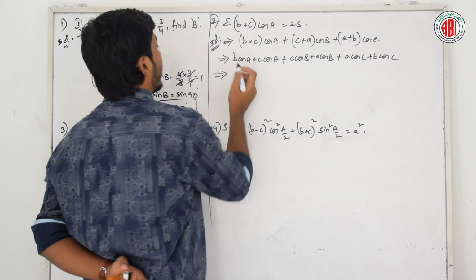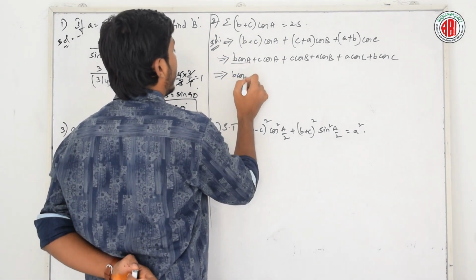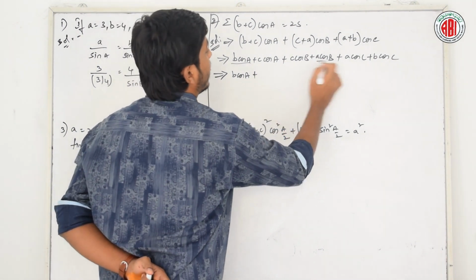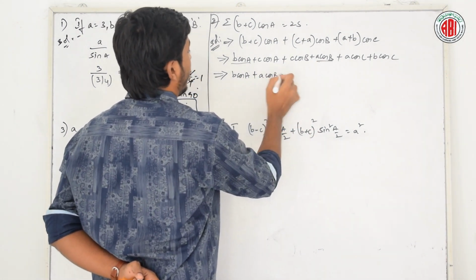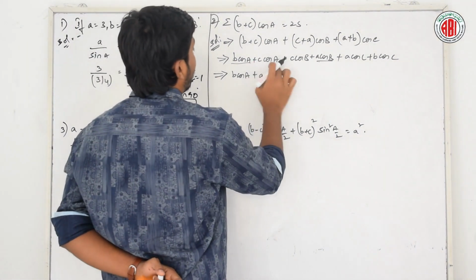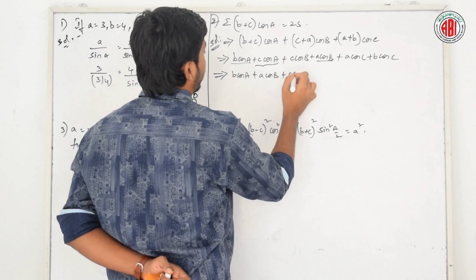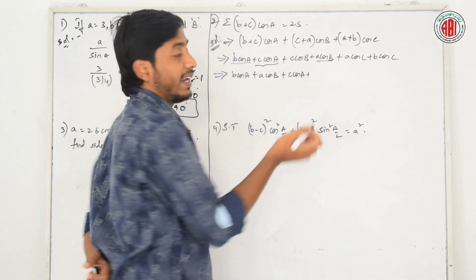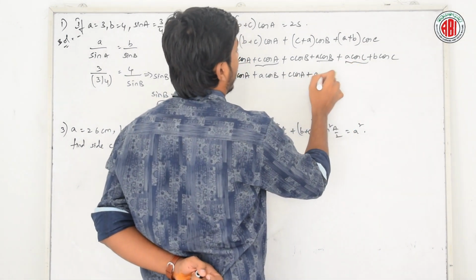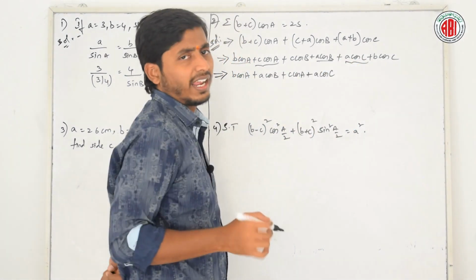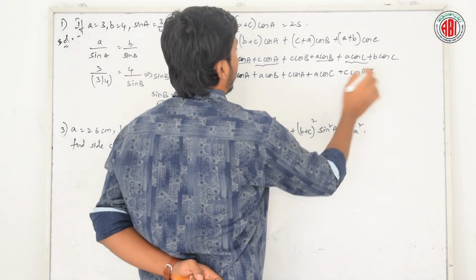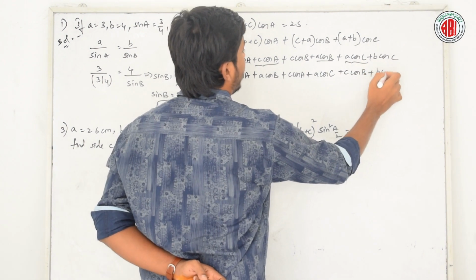Now check here. B cos A I will write. I have to find it for A cos B. Where is it? Here it is, A cos B. Hope you understood. Fine. Very nice. The next term will be C cos A. What could be the next term? A cos C, I have to find for it. See here, that is here, A cos C. Right? Obviously, the left out term is C cos B, and one more term will be B cos C.